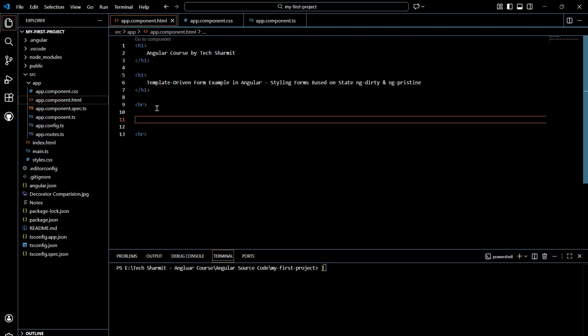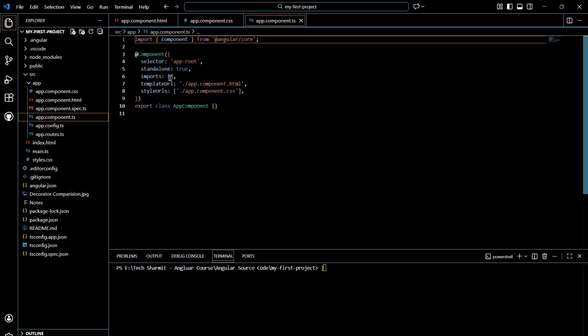Now remember one thing, as per the heading we are sure that we are going to create one form, and in the form we are supposed to use ngForm, right? But to use ngForm, it should be imported in your component file, not the browser. So to import this, what you can do is simply go to